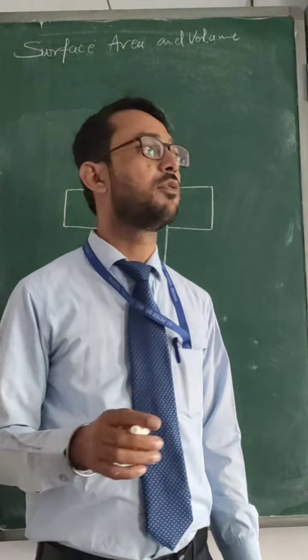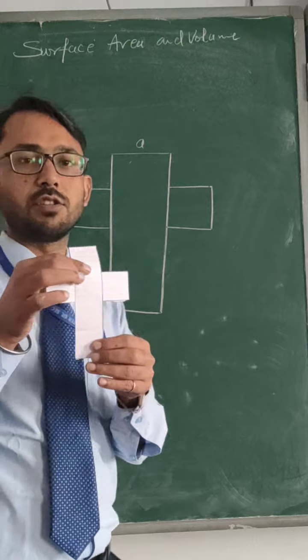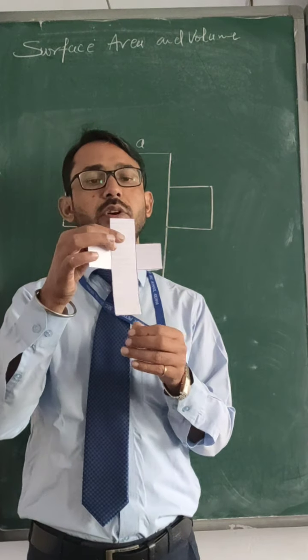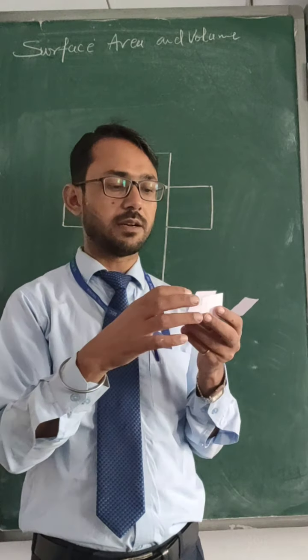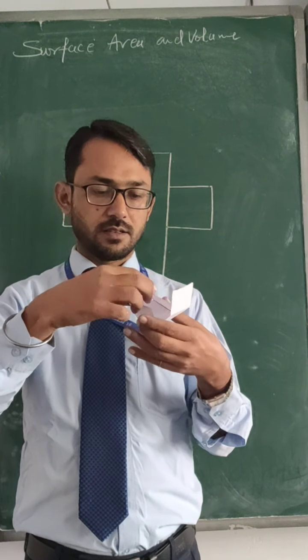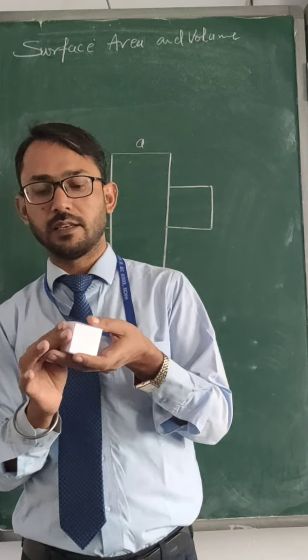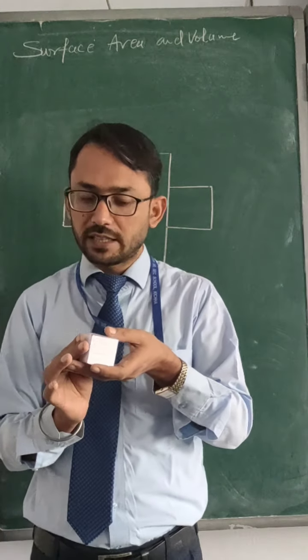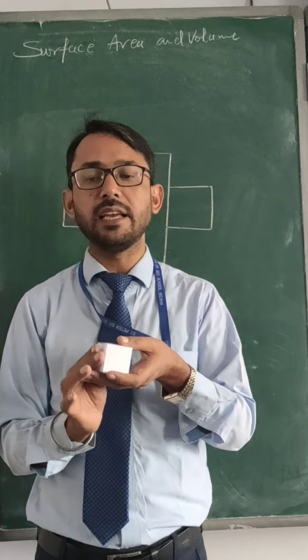So we are going to think about the cube. From this figure we can make a cube of side A. So this is the same figure. Now if I fold it, the two sides are coming up like this. This will be coming like this, and this is the final thing. Cube is ready. Like this we can make the cube of side A.